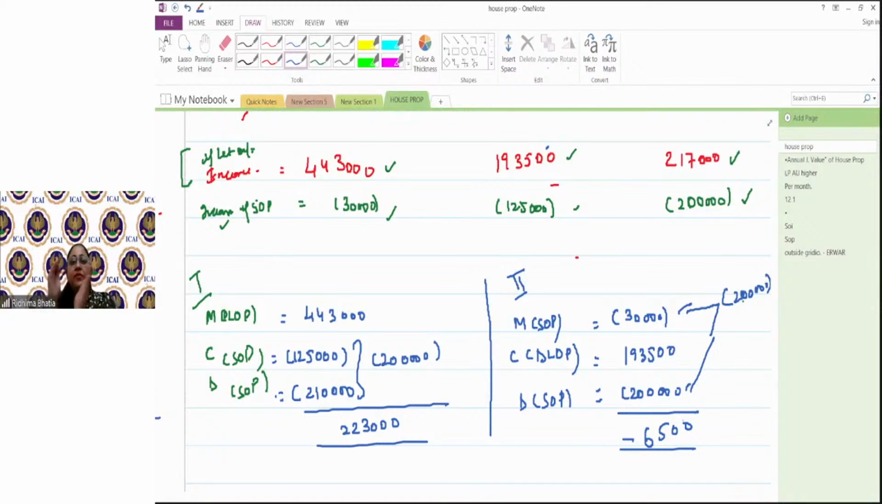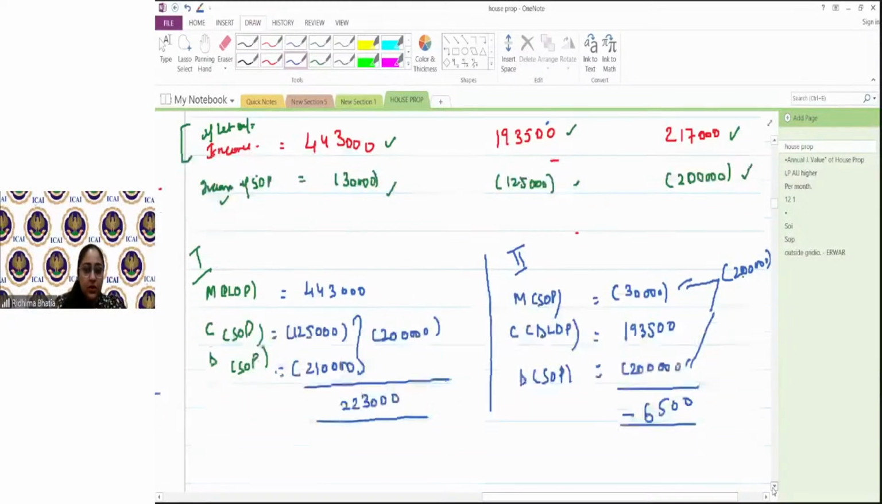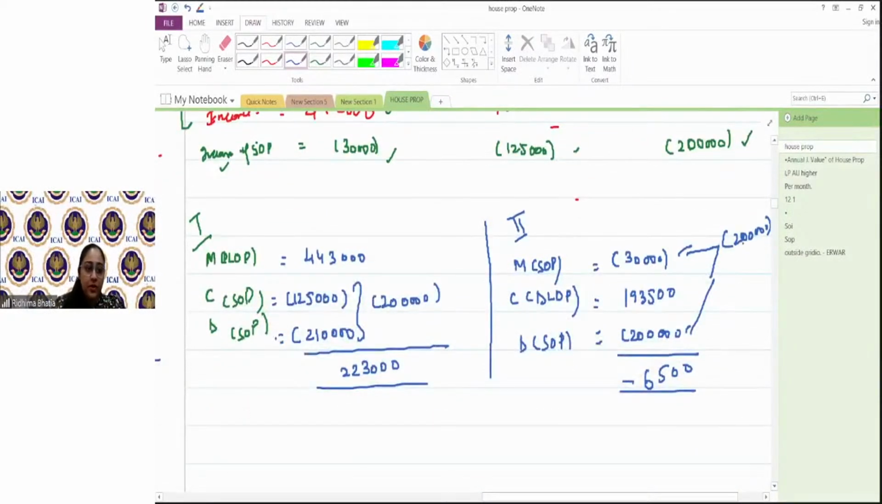I'm saying combine the final income including loss which has come from 3 properties. Now the third scenario comes, थर्ड सिनेरियो में मजा आएगा. Why? Because यहाँ पे